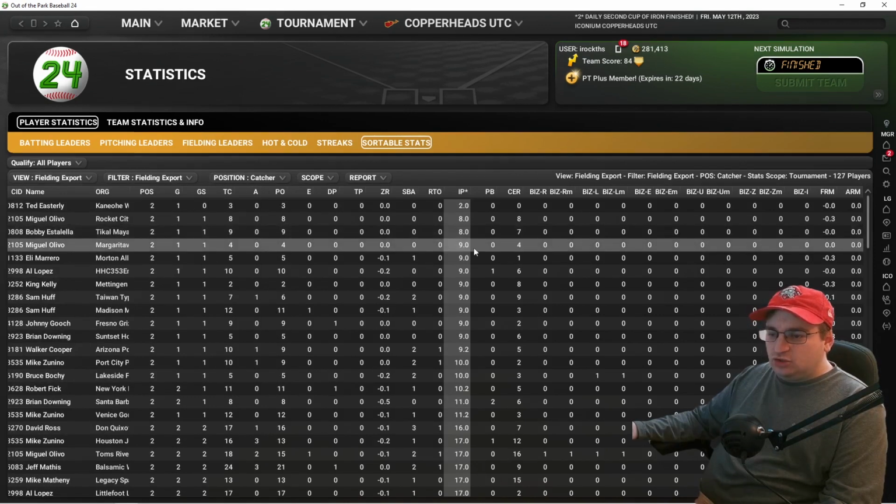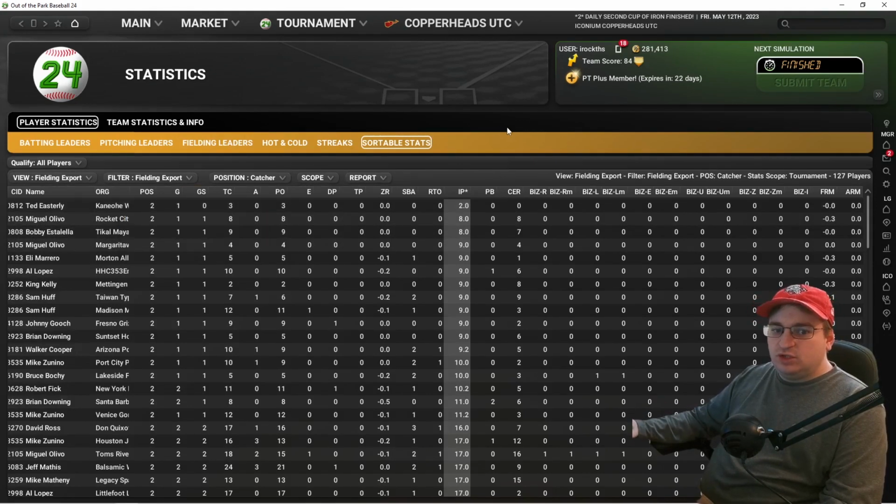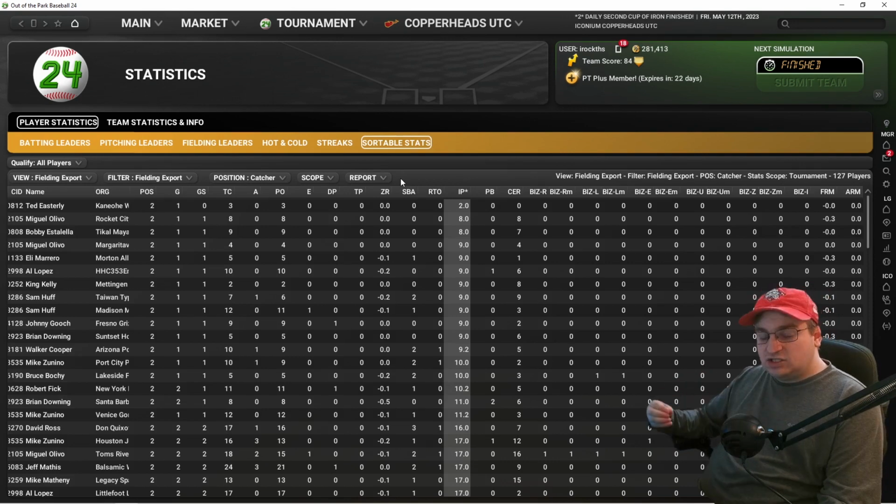It will only show those statistics for them playing at that position. And that is huge when you are trying to determine, especially for things like shortstop and second base or shortstop and third base, where things can be much different between those positions, center field and a corner outfield spot as well. Unfortunately, it made exporting these stats a little bit longer because now we have to do 8 exports for